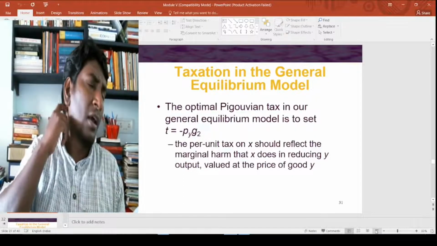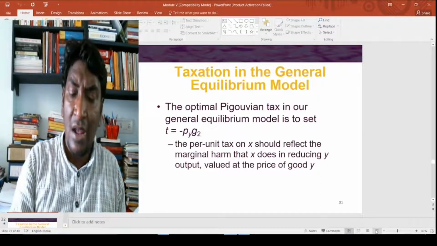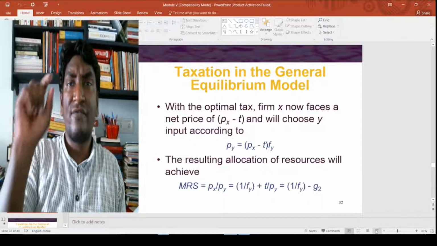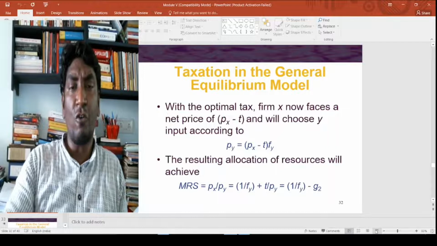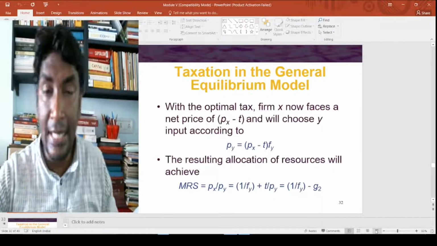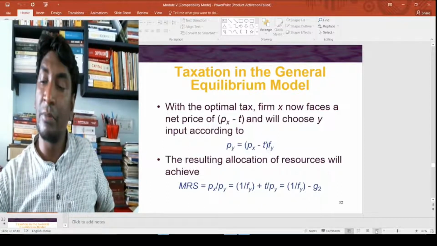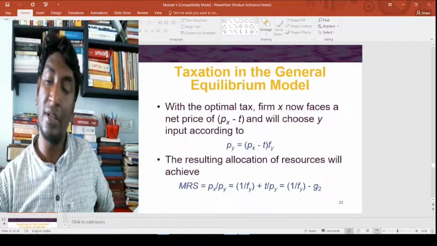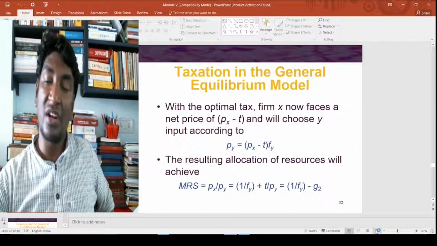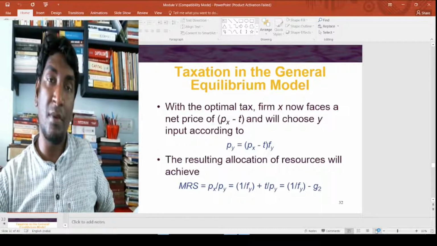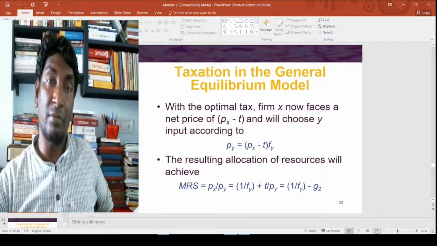Now it is a good one, but the problem is that it is a very high level of information-seeking process, because you should know every single point: what is the level of pollution, what is the level of cost. Once this is there, then the issue is who is going to charge. There is a difference between the person who is charging and the person who is making the pollution. So this is an information gap between these two. Then the optimum tax imposition often may not materialize.